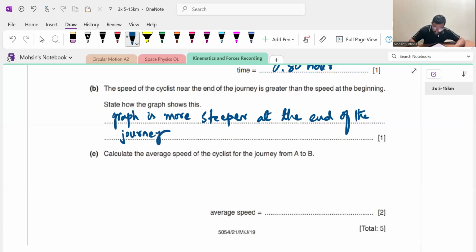Calculate the average speed of the cyclist from town A to town B. Average speed is total distance divided by total time. Total distance over total time. The total distance we saw, it is 58 kilometers, and the total time,